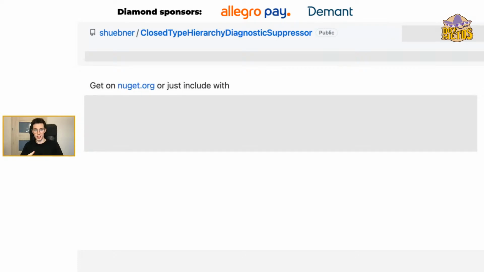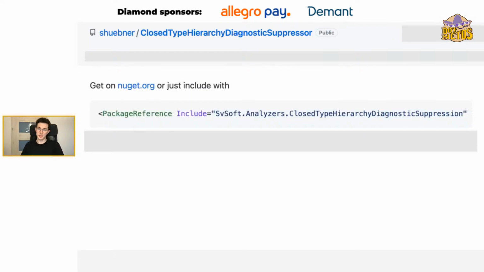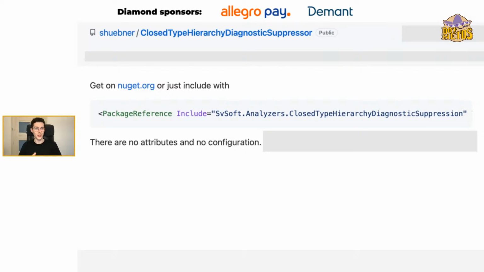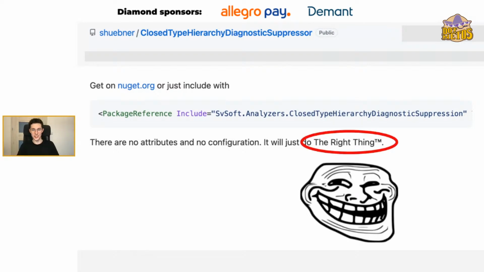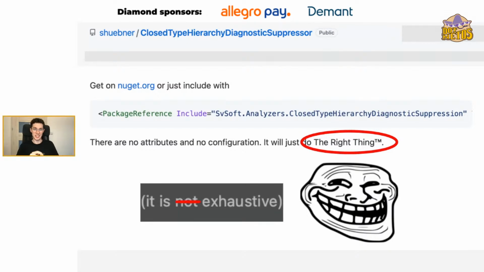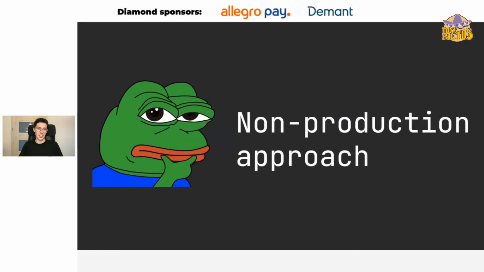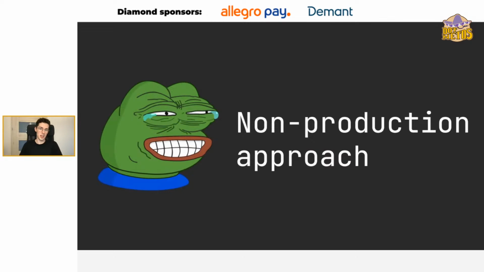You can get this from NuGet, and just like in most cases, you just add it to the project file, and the funny part just starts, because there is no attribute and no configuration needed. It will just do the right thing. And the right thing is kind of hilarious here, but I love it. It removes the warning from the exhaustiveness check, but the problem is that it could still be dangerous to use. It's not a very production-ready solution, so it's most likely that you won't add it to your code bases, or maybe you work on some side projects, so maybe that's fine then. But